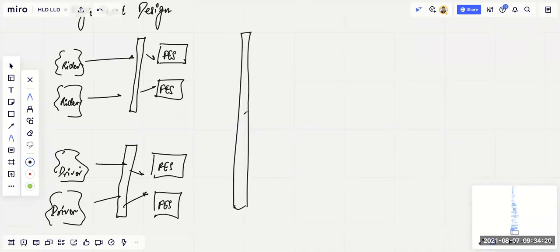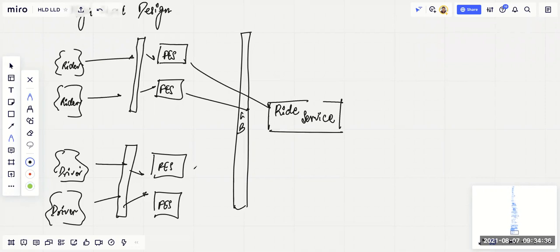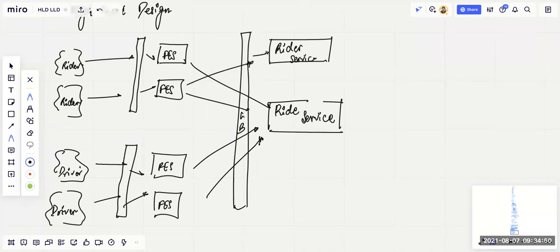So we have another load balancer layer. And this is our ride service. The front-end service will be communicating to this. We'll have a riders service, and this front-end service will have the authentication authorizations to contact this particular service.